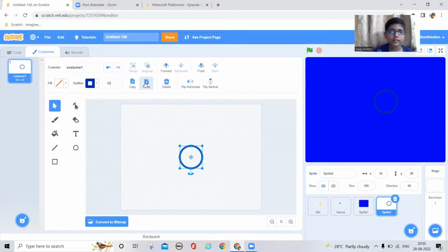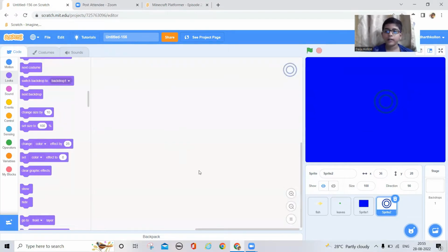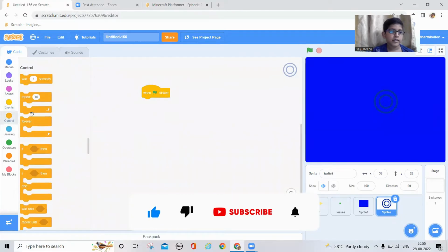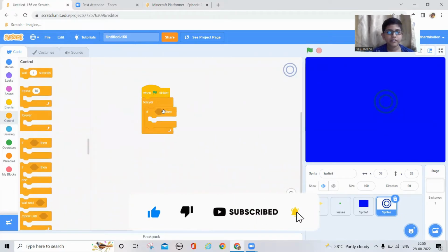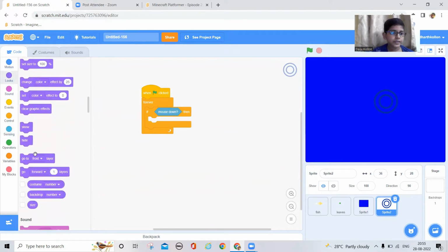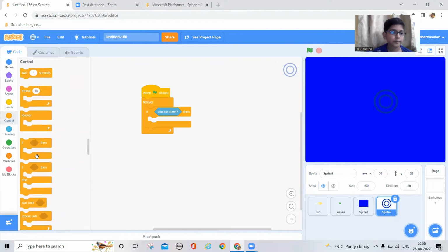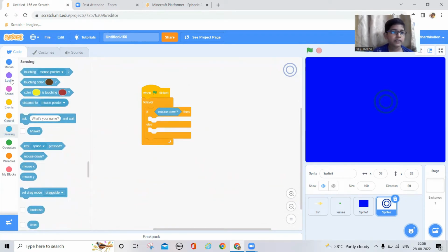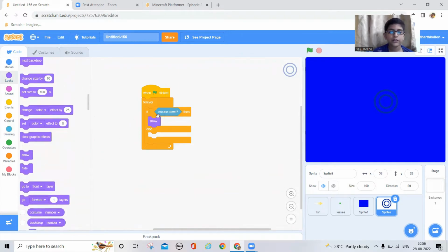Now I'm gonna copy it, paste it. So I got a duplicate of it. I'm gonna make it smaller than the other one and keep it there. Now I'm gonna program it like so. When green flag click, whatever, if mouse down, it should not if block. I should take if else, delete the if block, put that there. If mouse down, it should show,